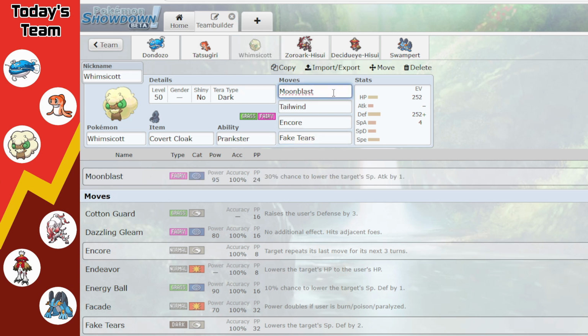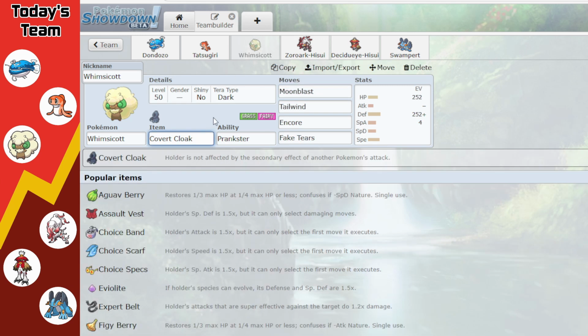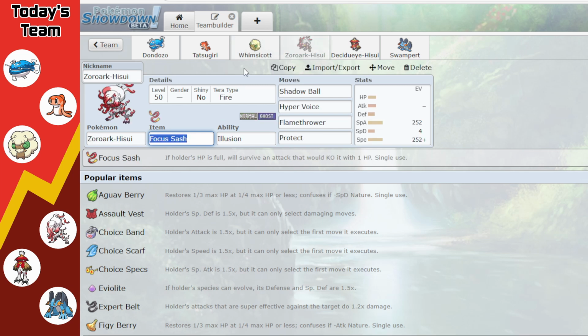As well as we also have the Moonblast just for a bit of stab damage, but it's also pretty powerful and nice for hitting other dragons. And we are using Covert Cloak so that we're not getting faked out, and we're using Terradark so that we are avoiding opposing Pranksters. Next up, we got Hisuian Zoroark, and Hisuian Zoroark plays a little bit more into the idea that we are bluffing Dozo Tatsugiri,